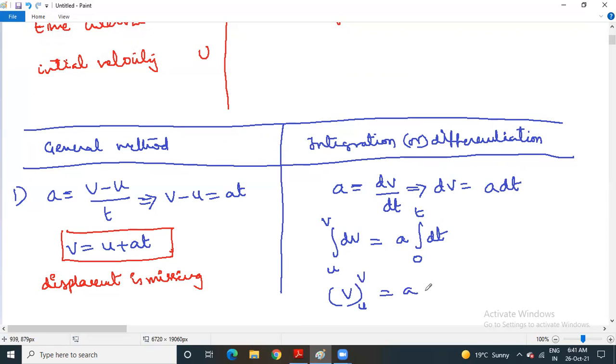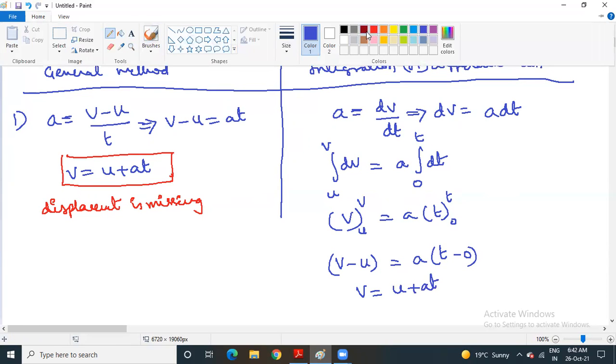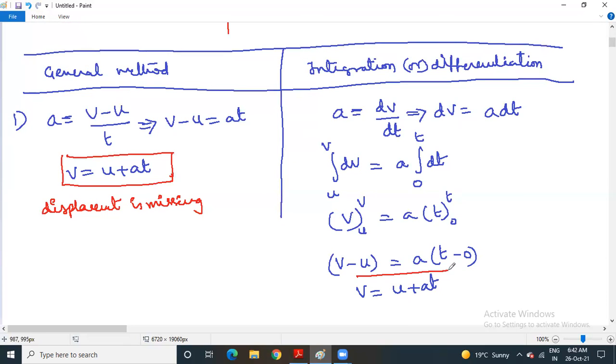So therefore, remember the integration of dv is just v, upper limit v, lower limit u. A, integration of dt is just t, upper limit t, lower limit 0. So there is a process of substitution of upper limit and lower limit in place of v. So therefore, it will be v minus u is equal to a into t. Substitution of t in place of t, again you will get t only. Substitution of 0 in place of t is 0. So therefore v is equal to, you can take u that side, you will get u plus at. So this is the way to get the equation of motion v equal to u plus at, making use of integration.